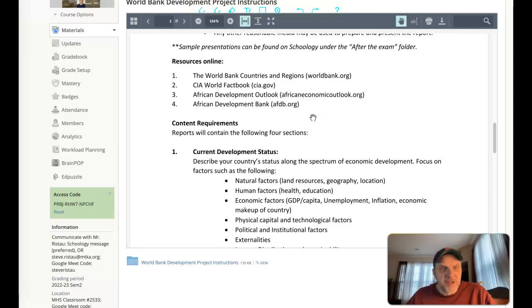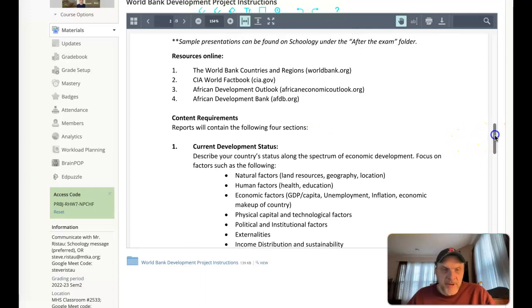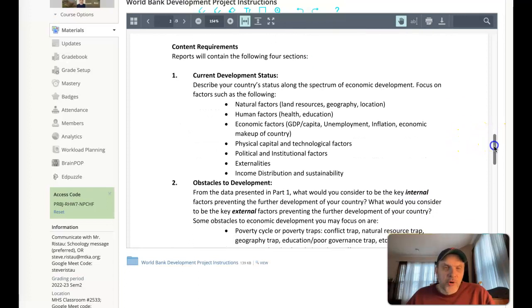So a lot of these countries, you notice, are either from the Caribbean, Sub-Saharan Africa, some Southeast Asian countries are on that list as well. Remember, it needs to be a developing country. So your